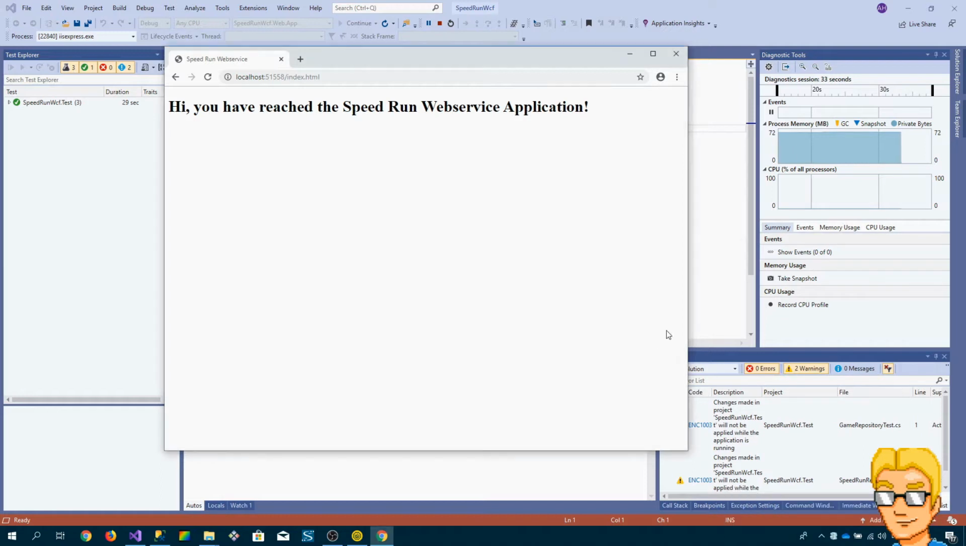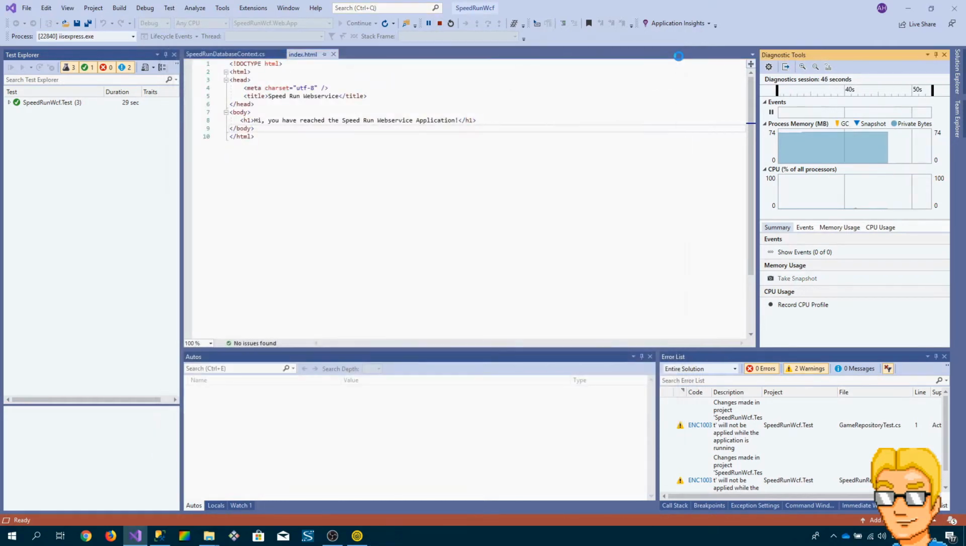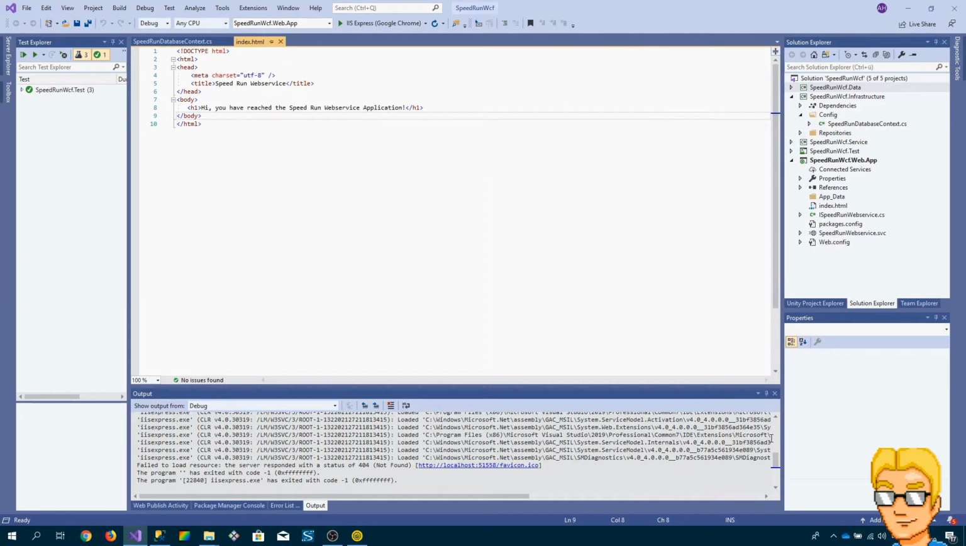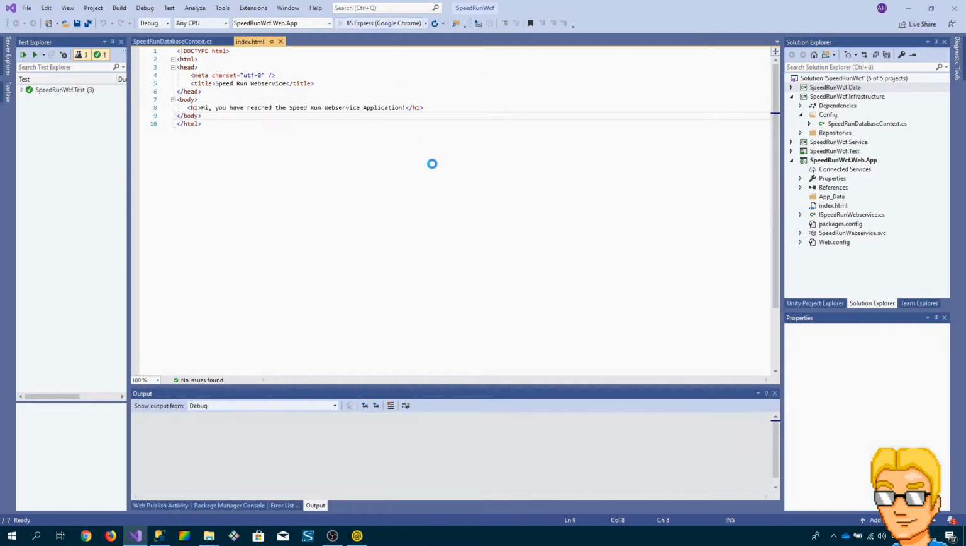And the thing about IIS Express is it's basically merely for development and debugging purposes. As soon as I close this, as soon as I stop debugging, IIS Express will close, which in our case would be a problem because we want to actually use this service while we're working on our client application. One way would be simply to leave the debug mode running